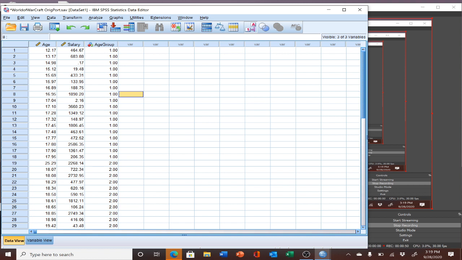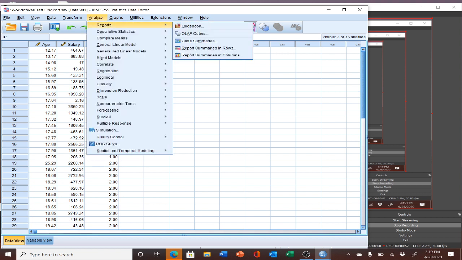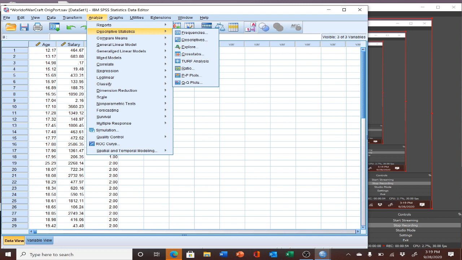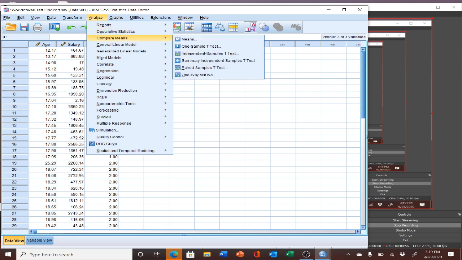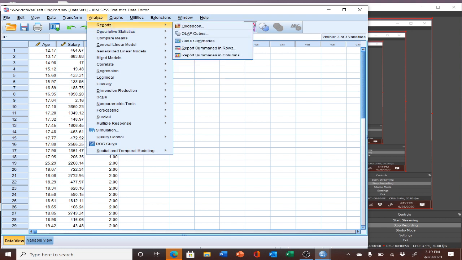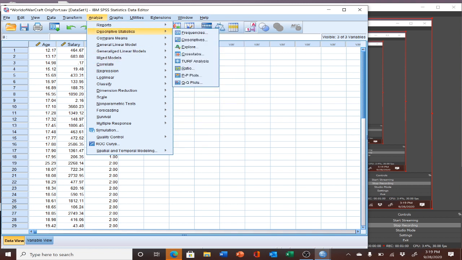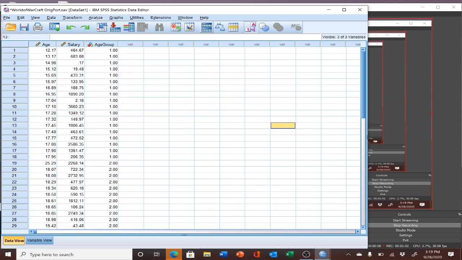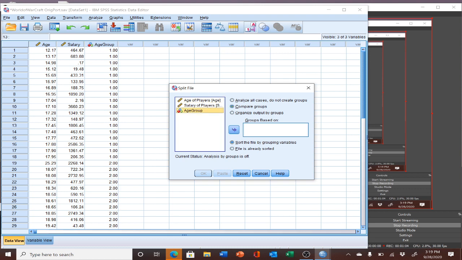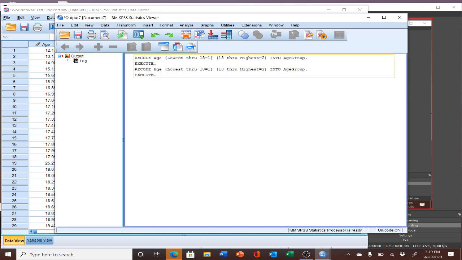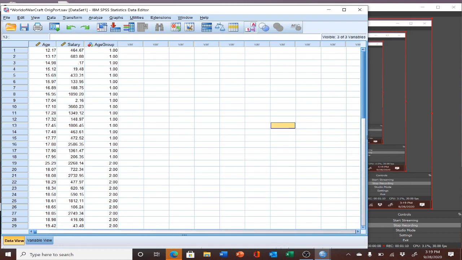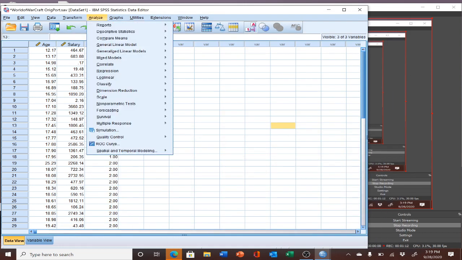We can now look at data and look at different descriptive statistics and compare means and all of that, but we want to worry about normality. So we are going to first split the sample between each group and look at the normality within samples and analyze